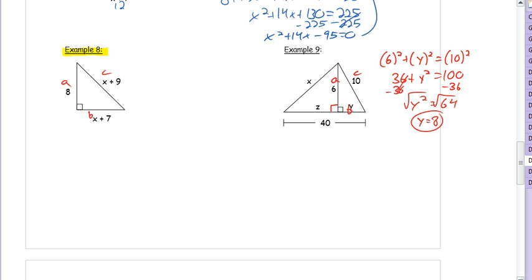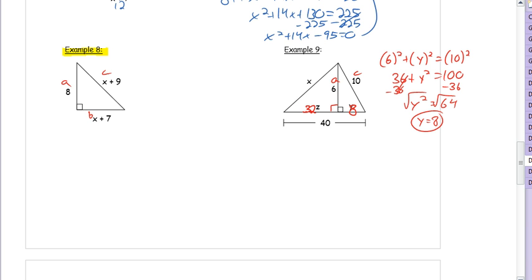so y is 8. So what we can do now is say that this side, instead of being b, let's just make sure that this side is 8. So we have y is 8 so far. Now if you know y is 8, you can also figure out z. If the whole thing is 40, 40 minus 8, that's going to make z 32. And now you can figure out, okay, in order to find x, I have 6, I have 32, find